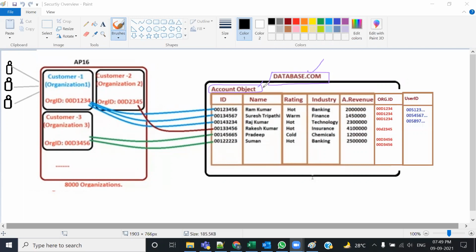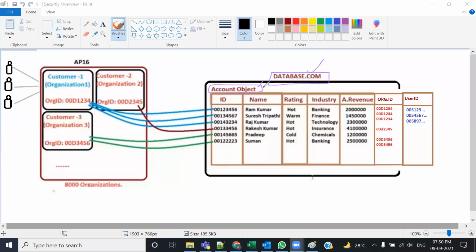Even in the versions, in the editions also. ऐसा नहीं है कि पेड के एडिशंस के अलग होंगे, no. Even see how, now simply you can assume how big is this standard table. ये इतना बड़ा होता है कि there's only one account table, there's only one contact table, there is